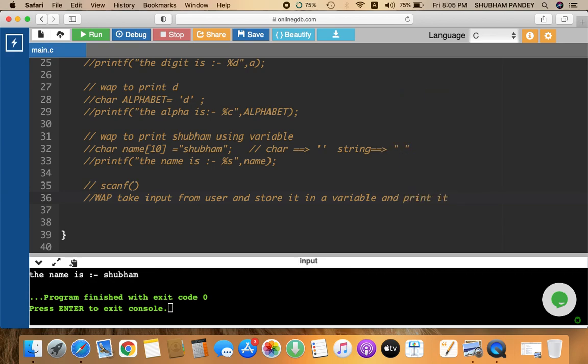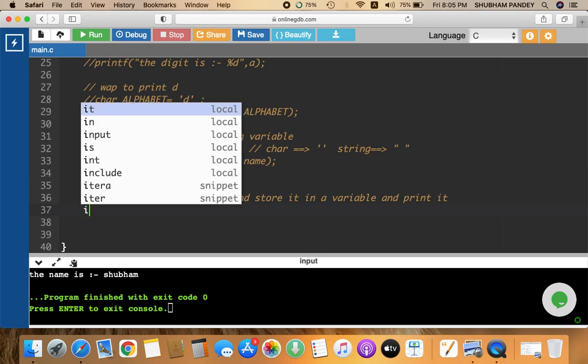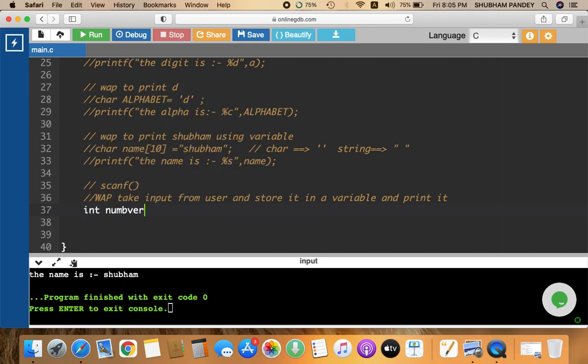Now see here, this is our program: we are going to take input from the user, store it in a variable and then print it. So let us suppose we want the user to enter any number. What kind of number? Maybe a float type of number, maybe an integer type of number. I am going to take the integer data type, so I am declaring an int variable, that is number. Now I'm not going to give the value here, I want the value to be provided by the user, so I'm going to put an end of line.